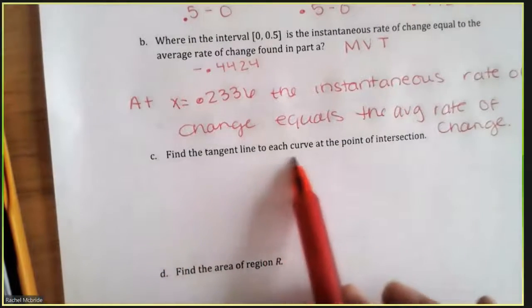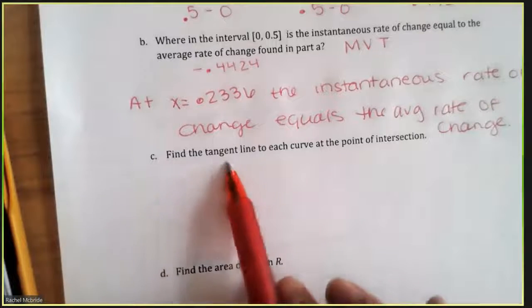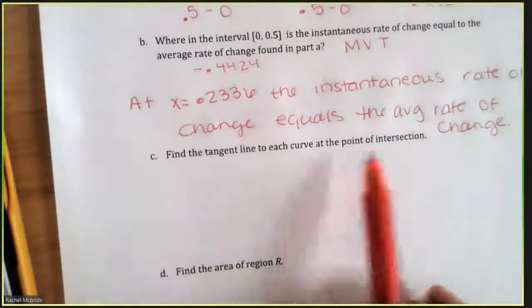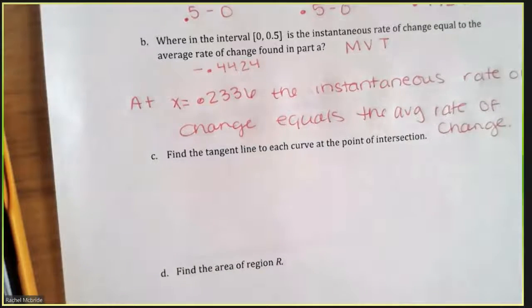Find the tangent line to each curve at the point of intersection. Find the tangent line. So tangent line is y minus y1 equals m tan times x minus x1. So I know I'm writing an equation of a line. So find the tangent line